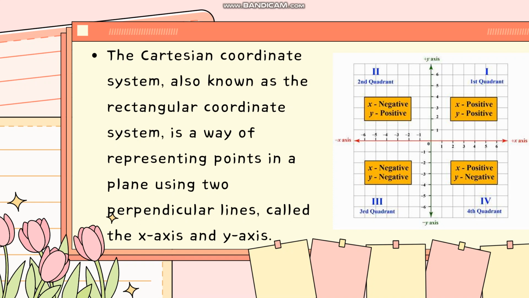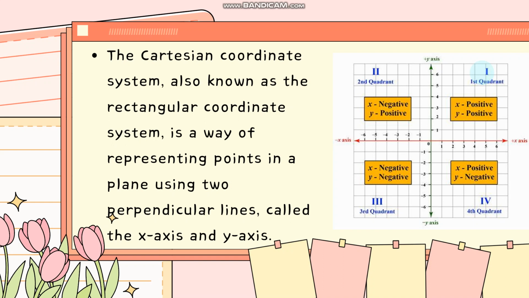So this is the Cartesian Coordinate System. We have two intersecting lines. First is the x-axis and the second is the y-axis. In the first quadrant, you can see that in the x-axis we have the positive numbers, and also in the y-axis is also positive. In the second quadrant, you can see that the x-axis is negative and the y-axis